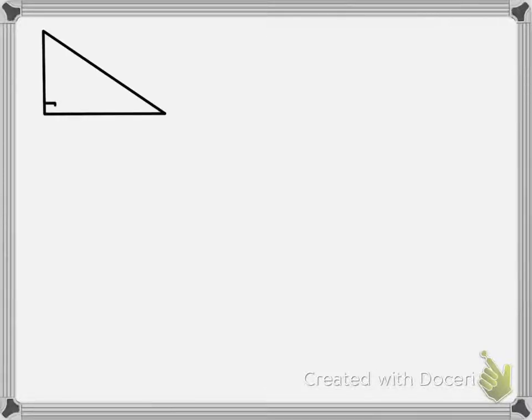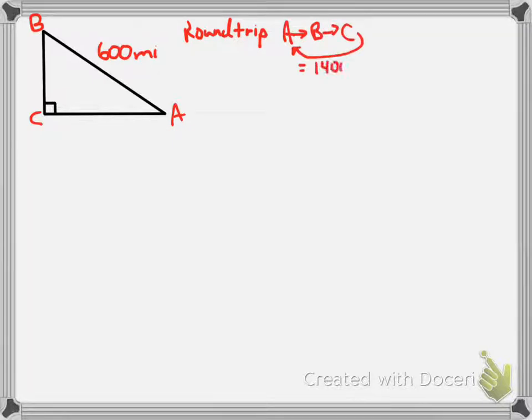Alright guys, so here's problem 35 from last night's homework from the workbook. I'm just setting it up. 600 is the hypotenuse. The round trip from A to B to C and back to A is 1,400 miles. So from B to C back to A is simply 800 miles if you subtract. Let me pause here. I got the 800 by doing 1,400, the total, minus the hypotenuse, 600, which is